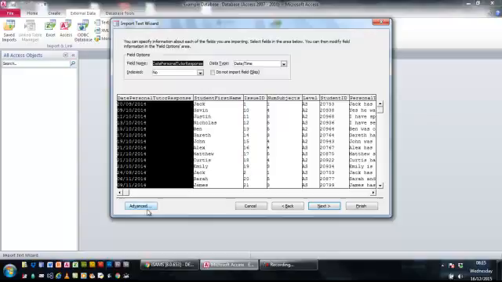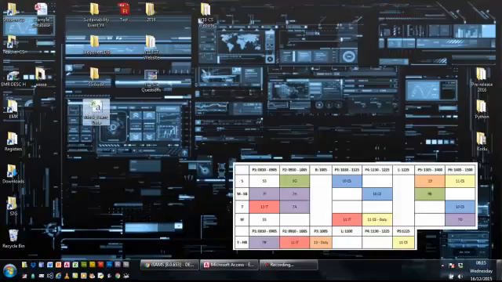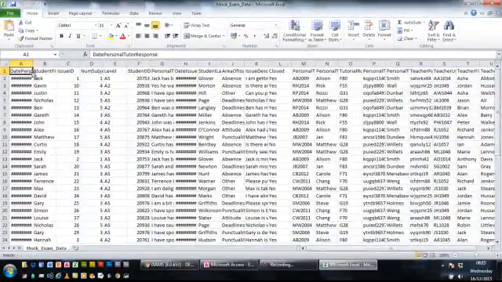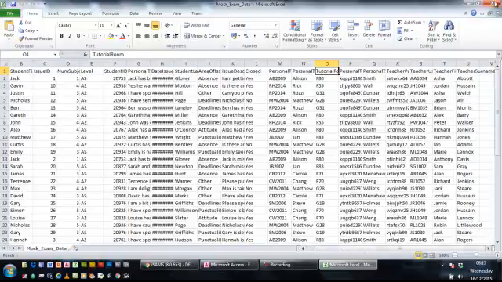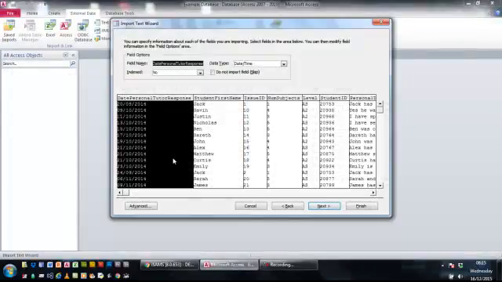Now, in this data set, we have lots of information. You can see there's date for personal tutor response, there's some student information, there's some information about teachers and tutors. And so I need to decide what information is it that I want to input. Do I want it all? Now, I know that in this case, I'm creating a table for teachers, so I don't need a lot of